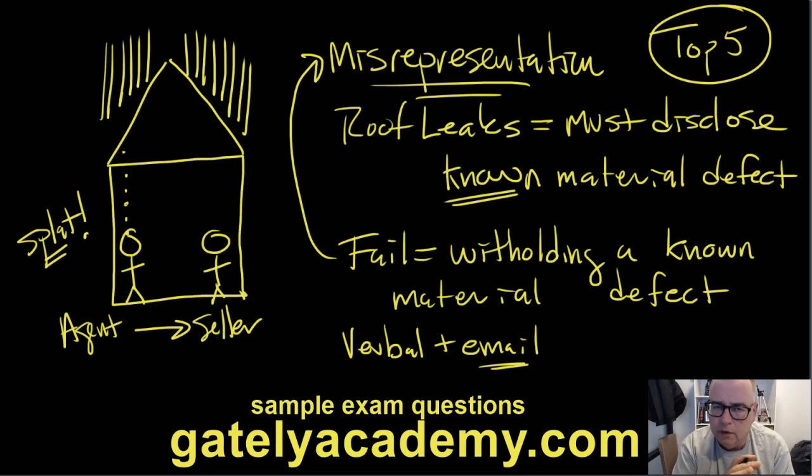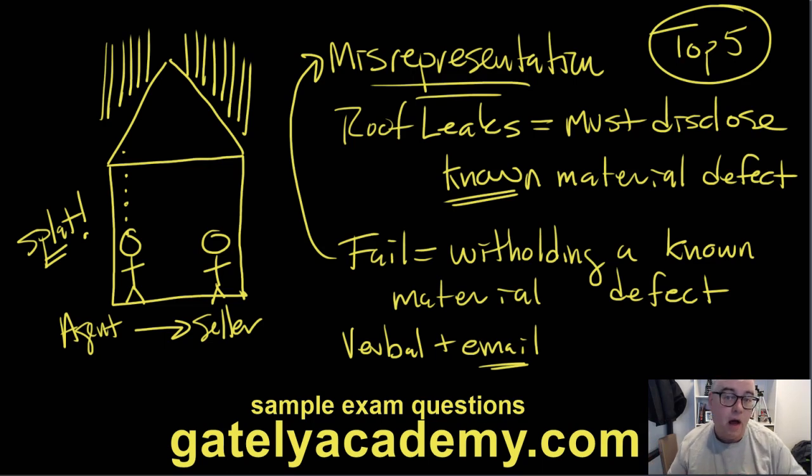A follow-up question to that. What if the roof gets fixed? Well, if the roof is fixed 100%, there's no need to disclose it, because it's no longer a material defect. But if someone says to you, "Hey, I see some water staining up here. Has there been a roof leaking?" You could say, "We had a prior problem. It's now been fixed. Here's the receipt from the roofing company." And that's how you handle that issue.